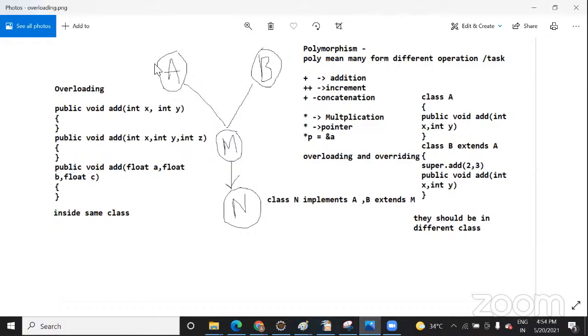In order to prevent that, Java said multiple inheritance is not supported. So when you use an interface, you only provide a method name, you will not provide a body. Now when this class implements these two interfaces, they will provide a body based on their requirement. So this is the whole concept behind the interface.